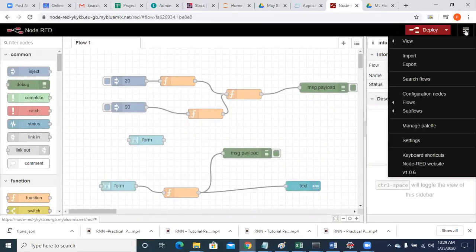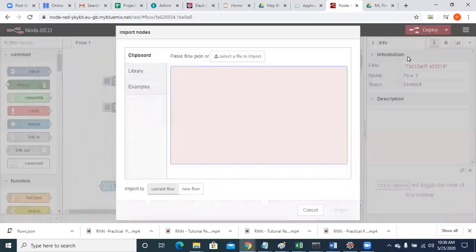Here you will find 3 lines. Click there, click on import. Is everyone over here?